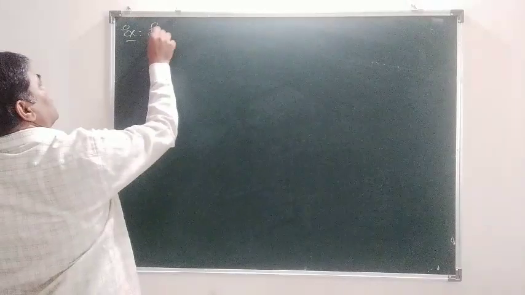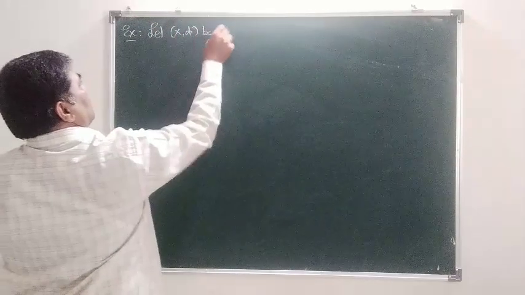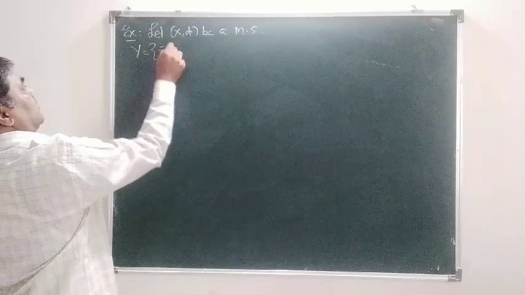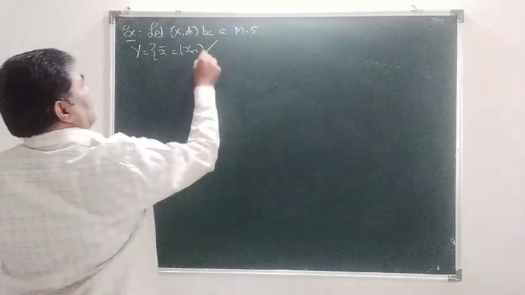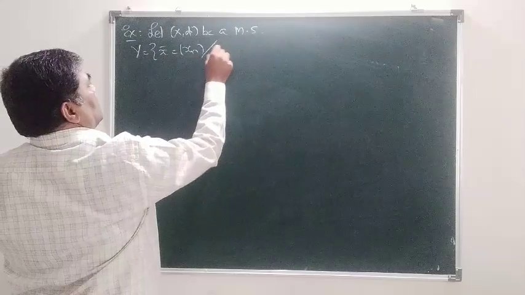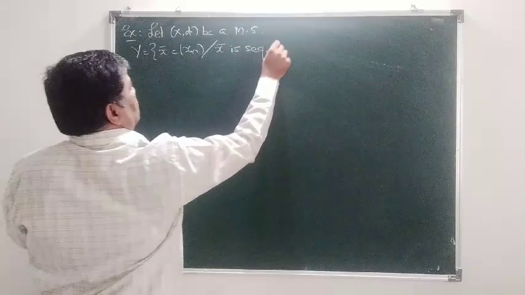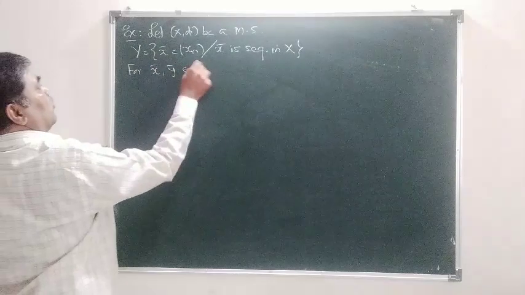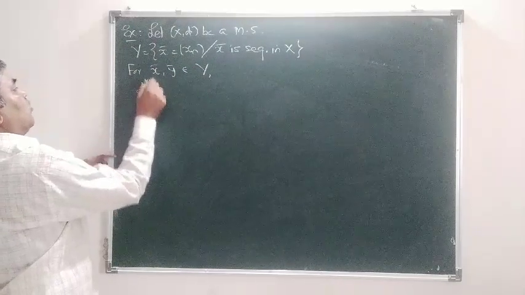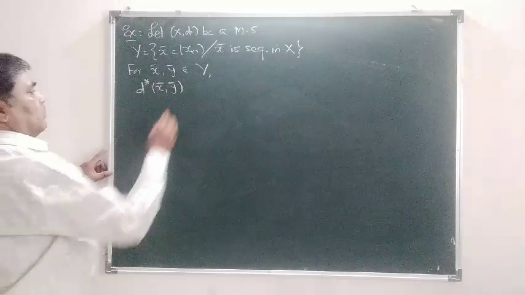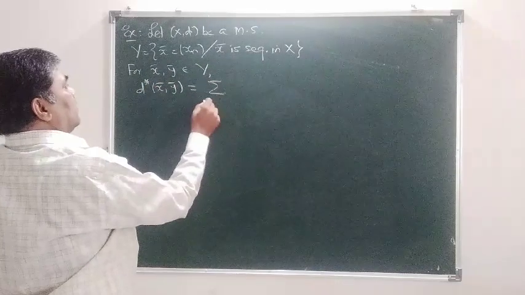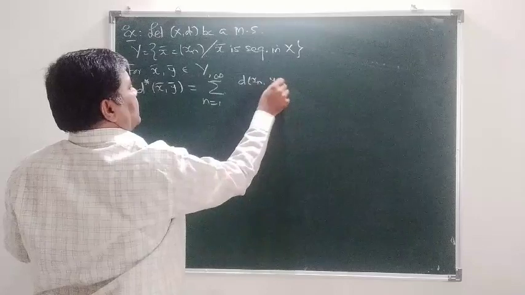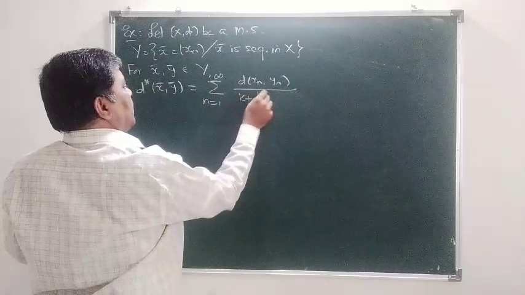Let (X, d) be a metric space. Y is equal to the set of sequences (xn), such that x bar is a sequence in X. For x bar, y bar belonging to Y, we define the metric d star of x bar, y bar is equal to the summation of n equal to 1 to infinity, d of xn, yn upon k plus d of xn, yn